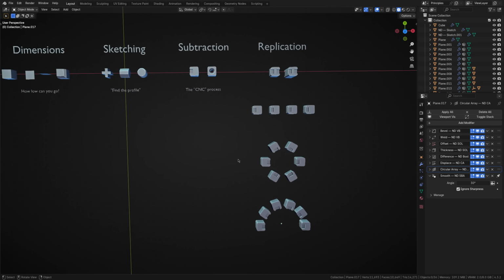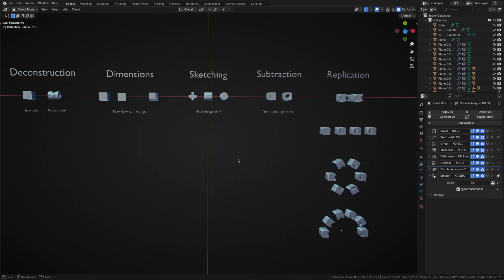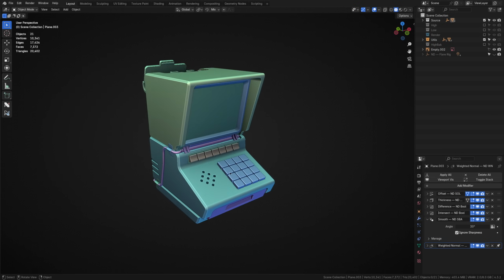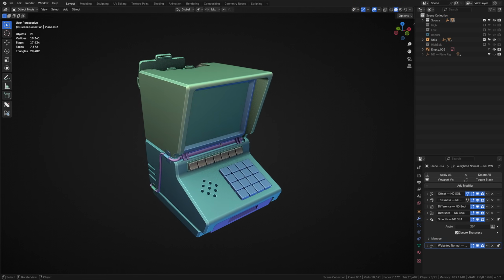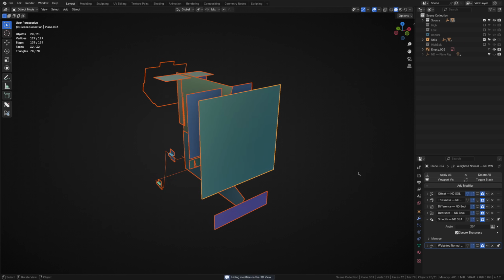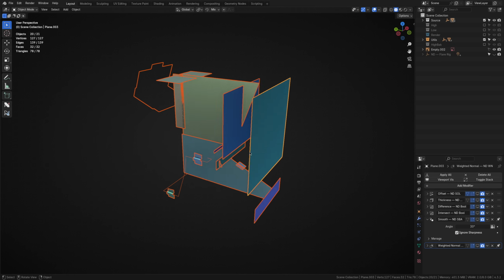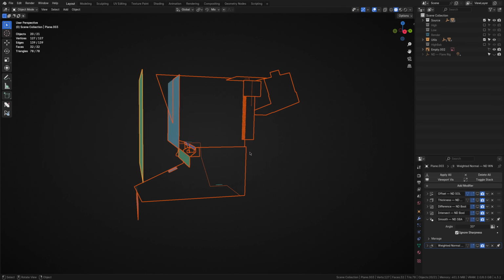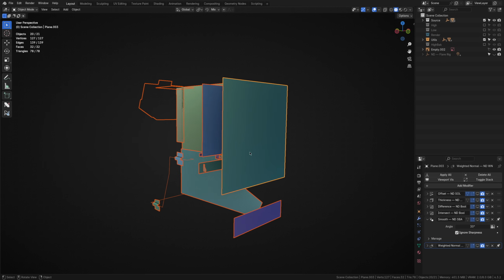Okay, so we've covered a fair bit in this video. I would now like to look at a working example by going through the terminal model I mentioned at the start of the video. I'll switch scenes and be back in a moment. So here we have the finished terminal. As proof that something like this can be created entirely non-destructively, I'll select all the parts and turn off the modifiers. The model comprises much simpler shapes, predominantly planar and a few more dimensional. This results from applying all of the principles we covered.